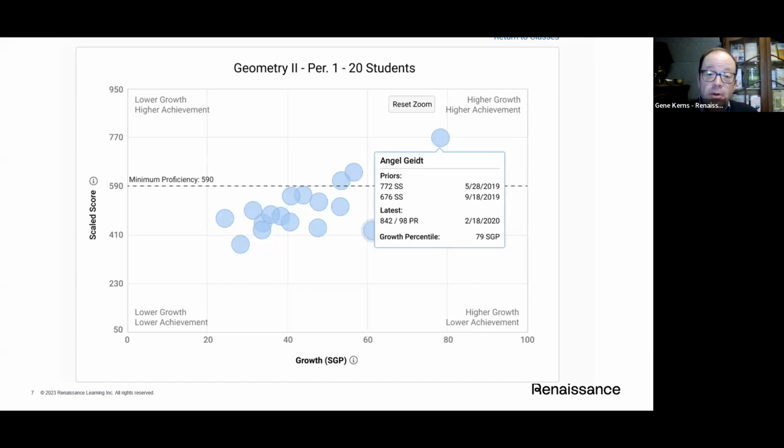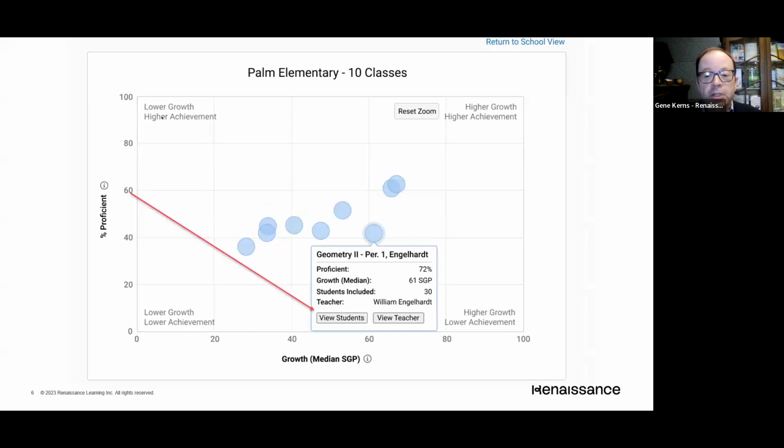Now remember, that's your proficiency. So your proficiency cut is how high or how low these circles are on any part of the growth proficiency chart. Growth is something else. Growth is how far they are to the right or how far they are to the left, with the right being better. Point being, you could have a kid that's low performing and growing really high. You could also have kids that are high performing and high growing, or high performing and low growing,